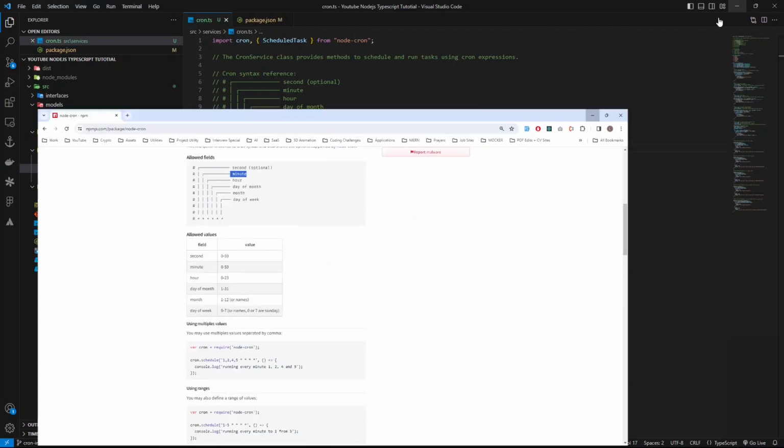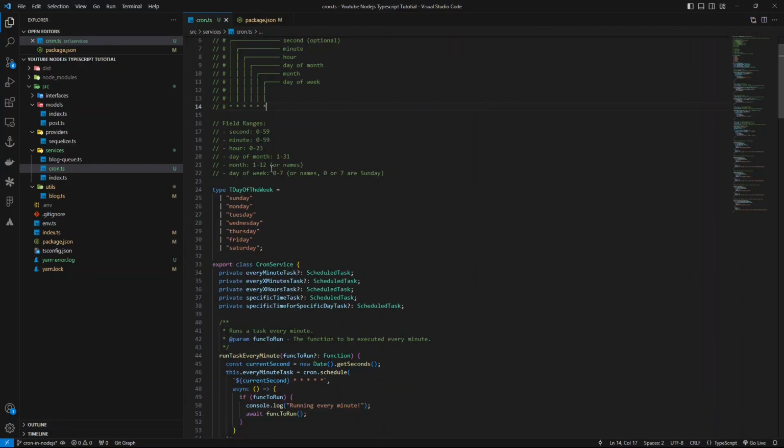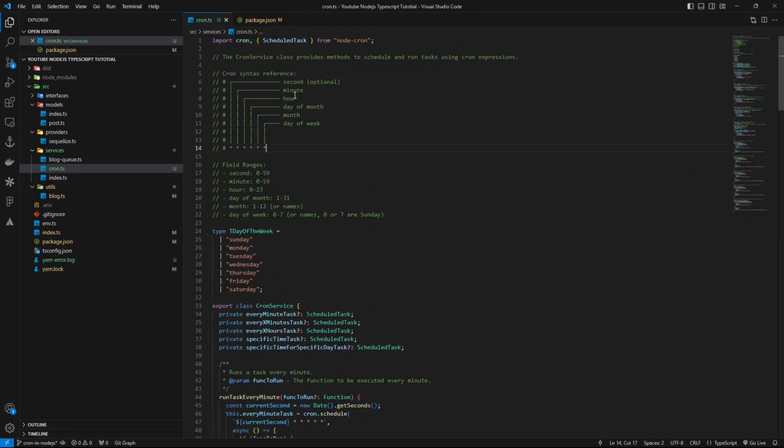Now, the very first thing we consider is the time breakdown. By default, we have 6 stars. We can see here 1, 2, 3, 4, 5, 6. Each of the asterisks means something different. The first asterisk represents the second. It's actually optional. By default, your second is in the range 0 seconds to the